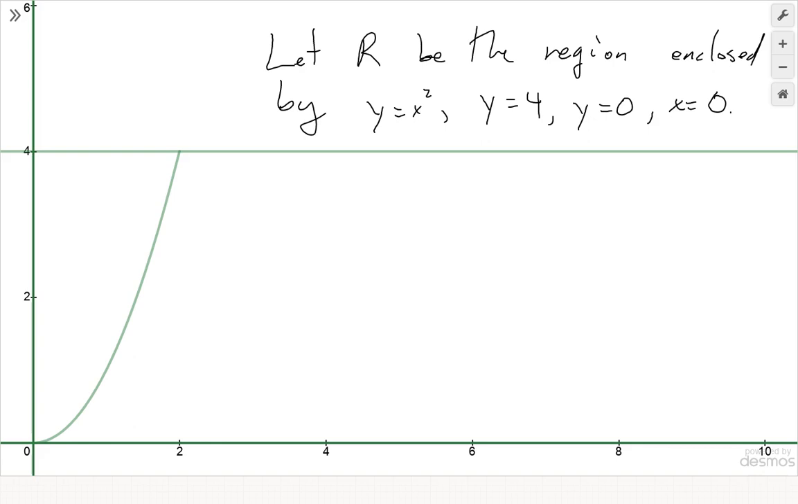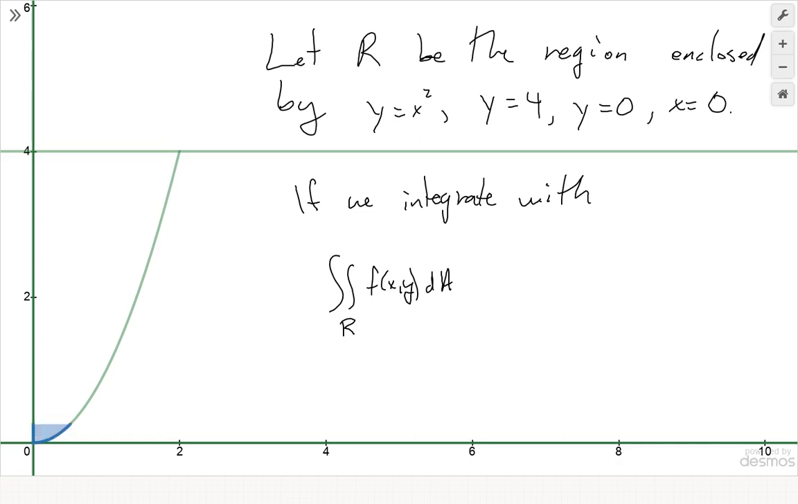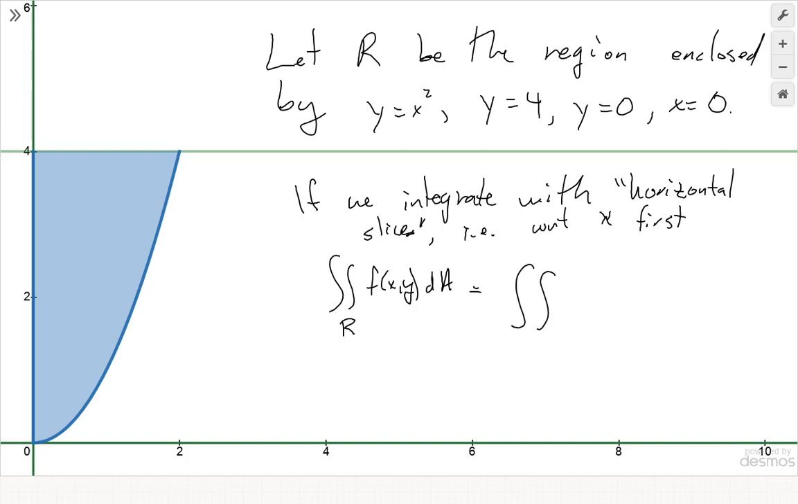So if we have a function, if we want to integrate a function f(x,y) over this region R, well, first, if we integrate with horizontal slices, meaning with respect to x first, so then our bounds are going to be, so this will now be an integral of f(x,y) dx dy,